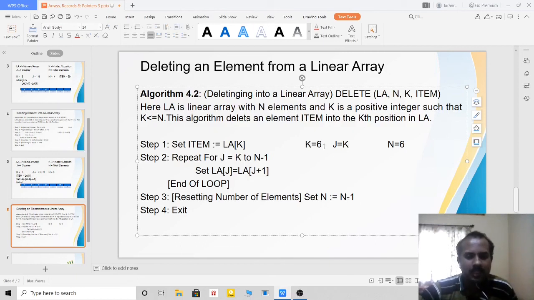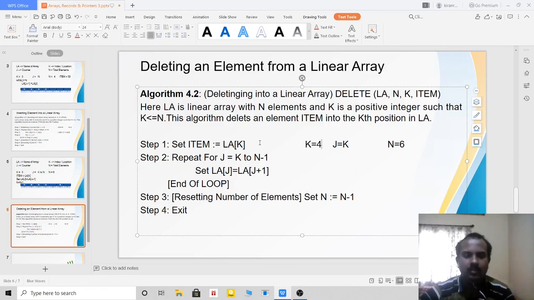Now let me consider another example where k value is 4, that means I am deleting the element in the middle of the array. Now what will happen? Again let us consider 40 is present in the fourth position. So I am deleting the 40. So item will be 40.